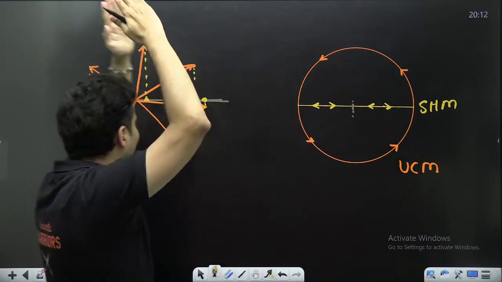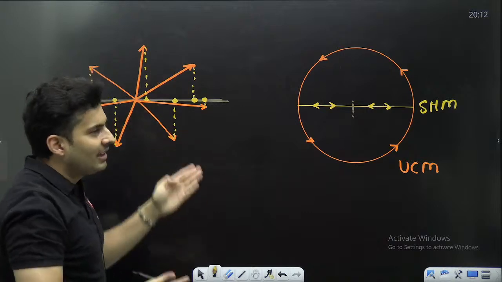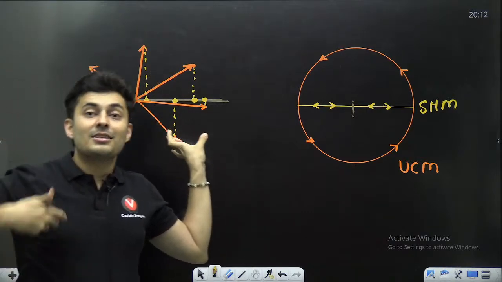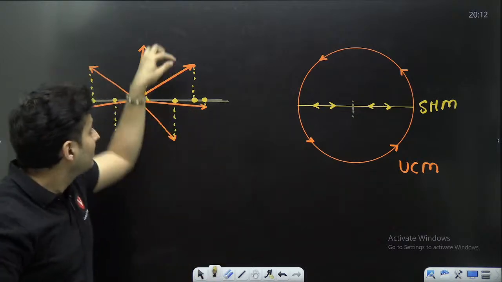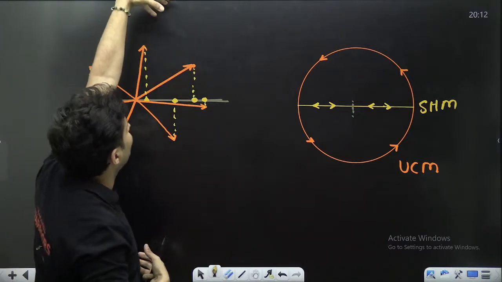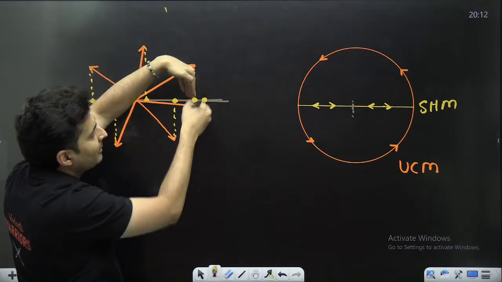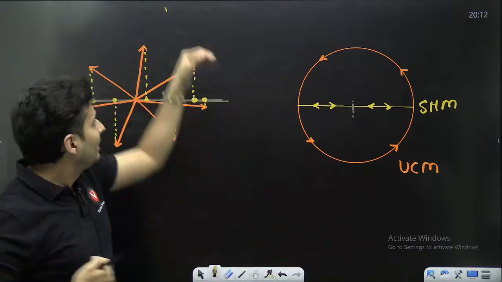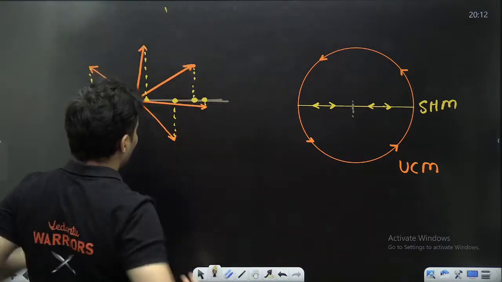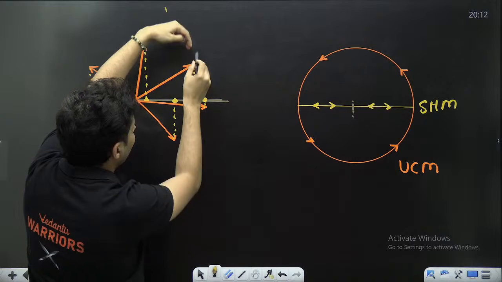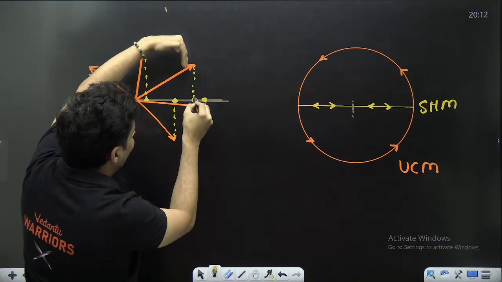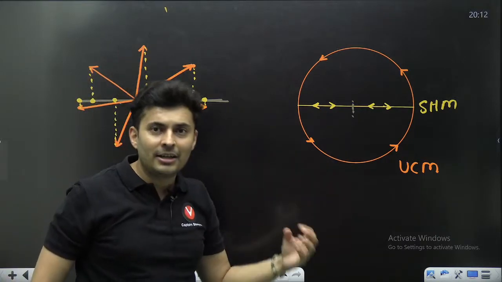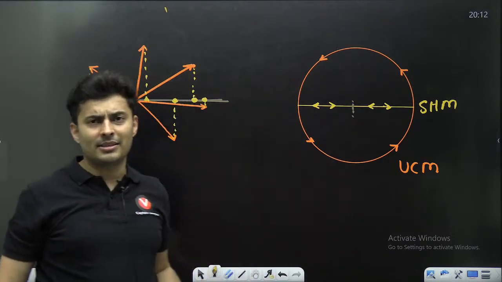So when I drop a perpendicular, I'm taking a component on the axis. Sometimes it is also called the shadow of the point. As if the sun was here, the shadow will fall here. Sometimes it is also called the projection, meaning if light rays were coming from here or from here, if it is like this, then the shadow of that point will fall over here. So projection, component, shadow all mean the same thing.